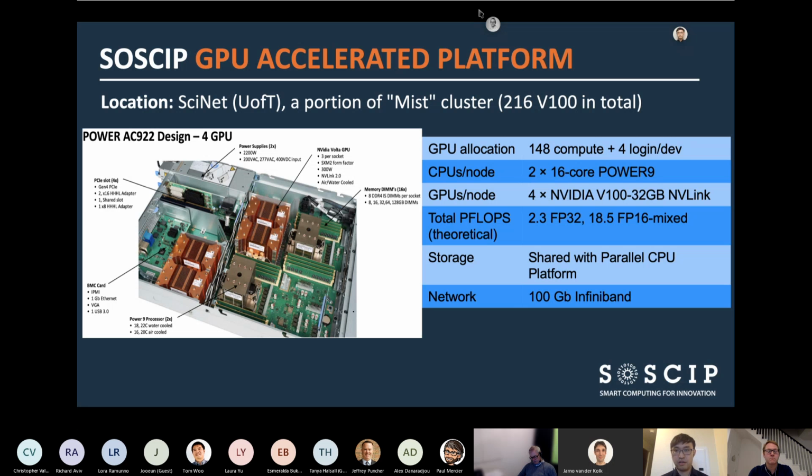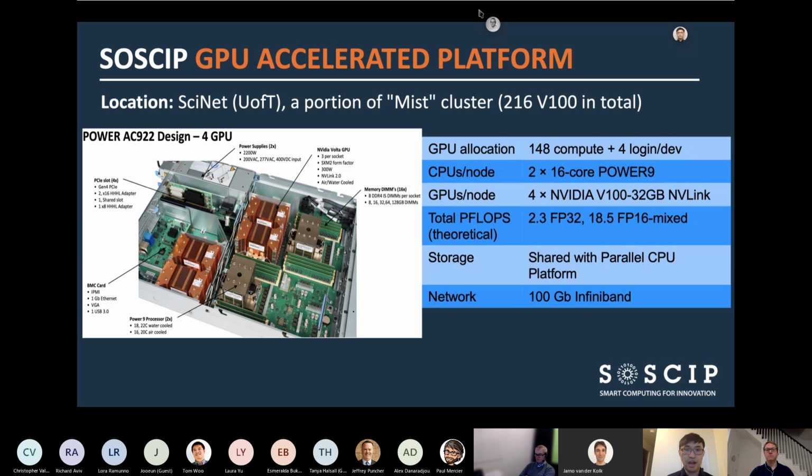There are in total 216 V100 GPUs. SOSCIP owns 70% of the system, so our allocation on this system is roughly 150 GPUs. This will give SOSCIP users a much higher priority than default SciNet users.